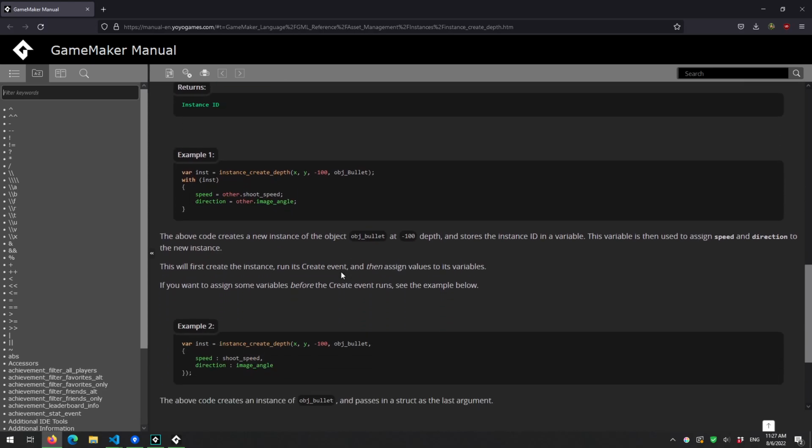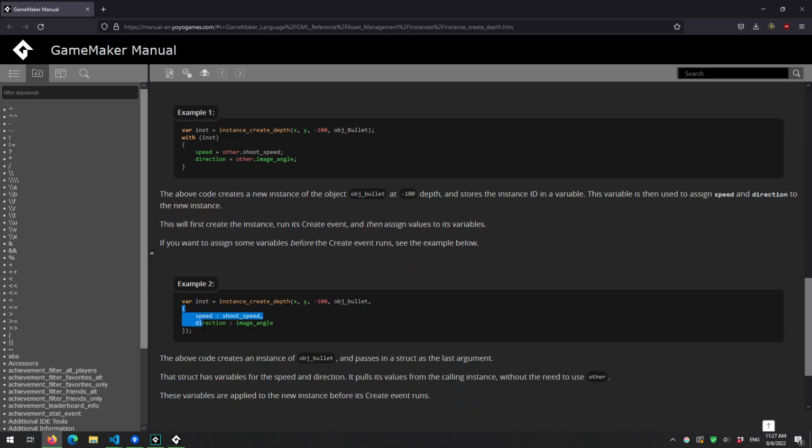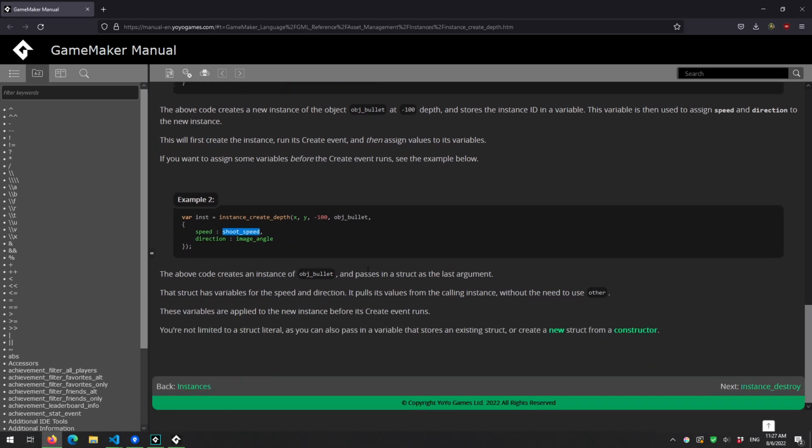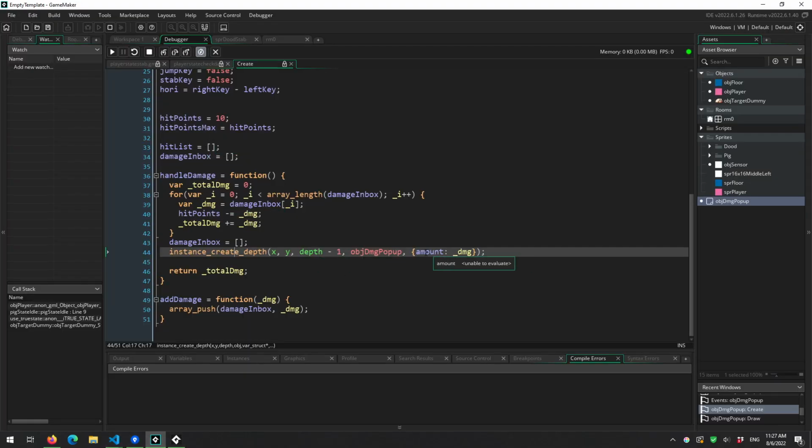But they don't give us a nice... Oh yeah, so there's an example. So speed, direction are set. And shoot speed. It's interesting that the damage doesn't work. I wonder if there's something else going on, because that seems like it should work. So since it's not working, we're going to do this the old-fashioned way, and if it still doesn't work, then we're going to assume this is me being silly. That's unfortunate, but